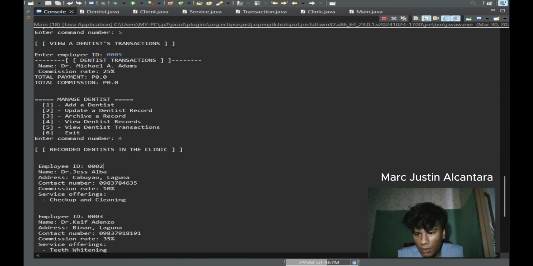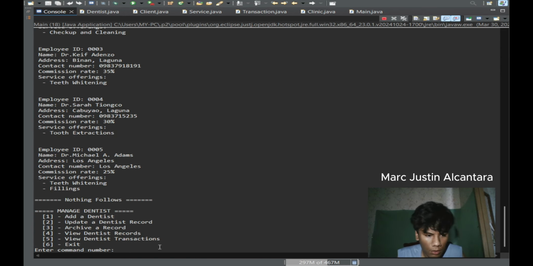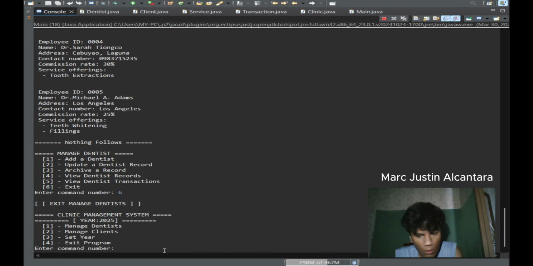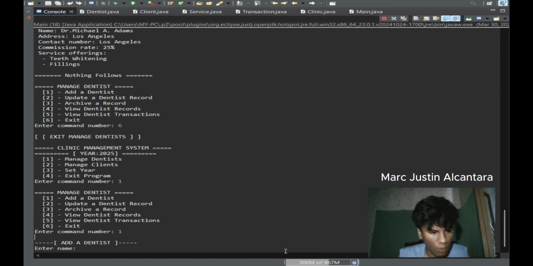So now we switch to client management. So in this client management section, we can also add new clients, update their details, archive records, and also view transaction histories. Now let's try adding a new client. No, it's this. Oh, I forgot again. This is the manage dentist. So let's try adding a dentist again,